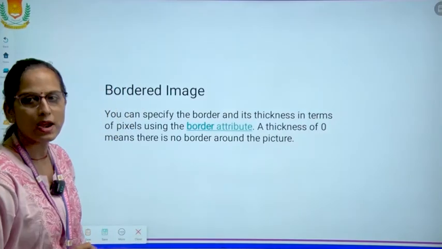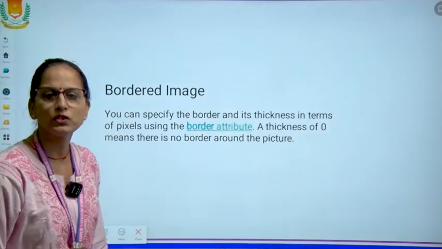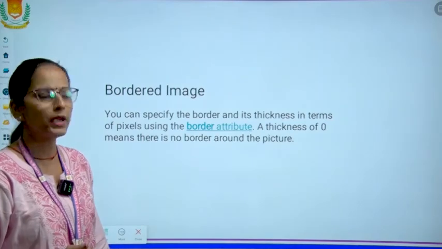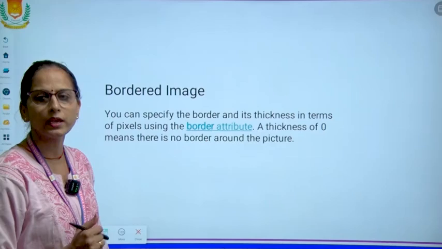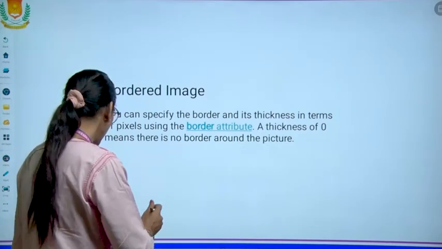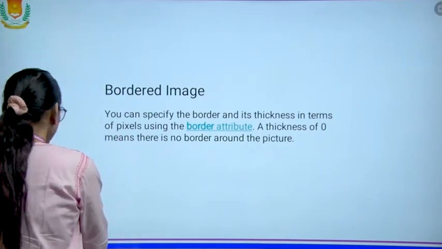Now the next attribute for the image is the border. You can apply the border attribute also, which gives a thickness outline around a picture.